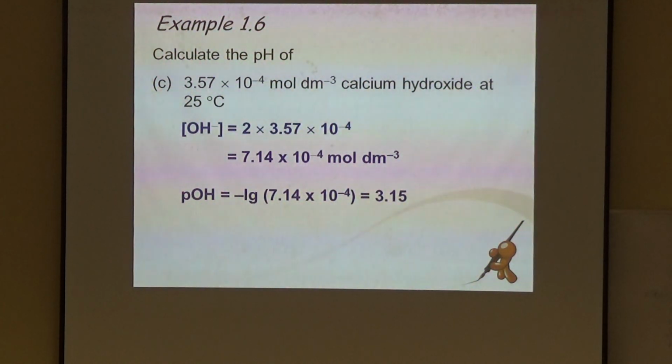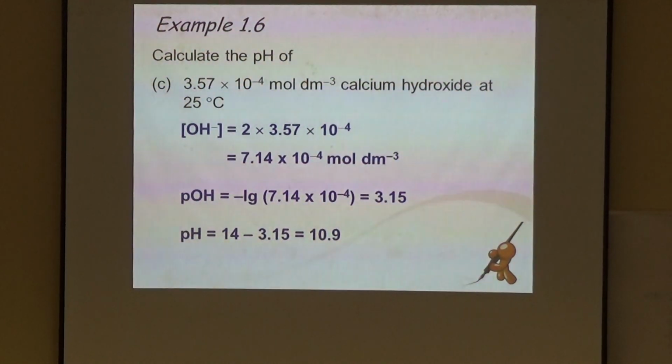So times 2, and then you find the pOH. Then you do 14 minus the pOH to get the pH. Note that people seldom put the pOH value of a solution. They always put the pH value. So you need to do this last step. Okay, so I will continue here from the